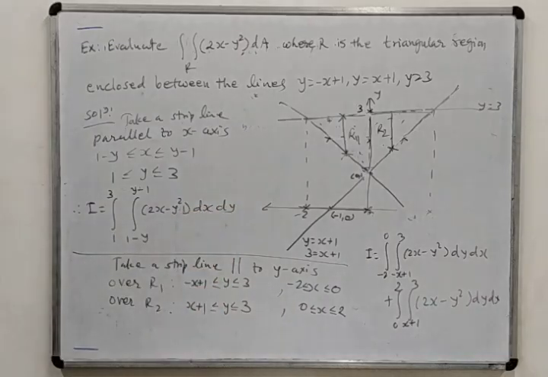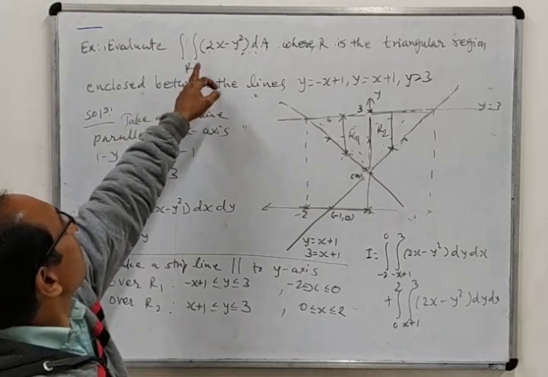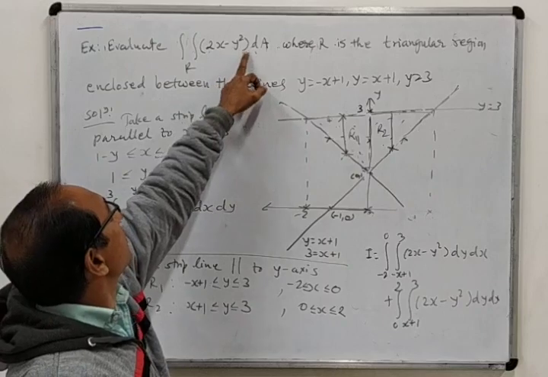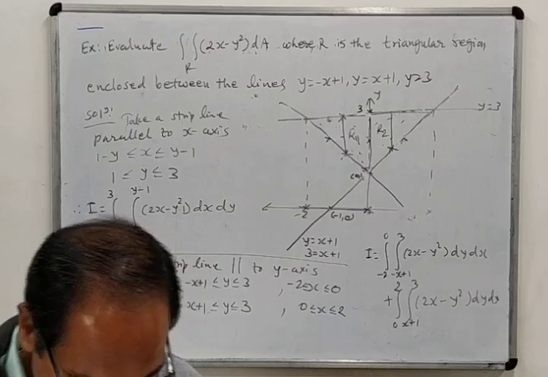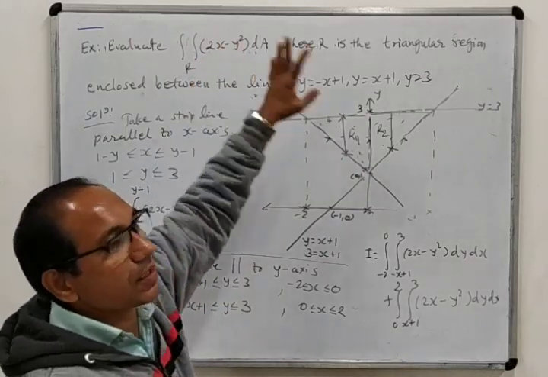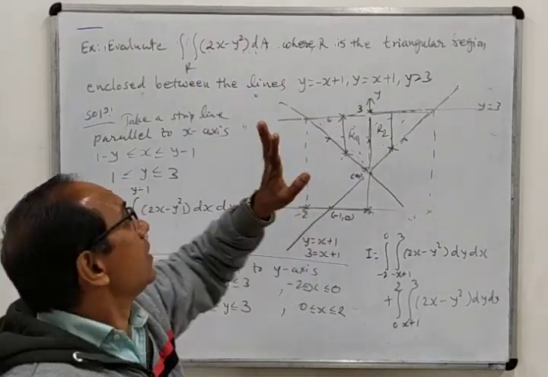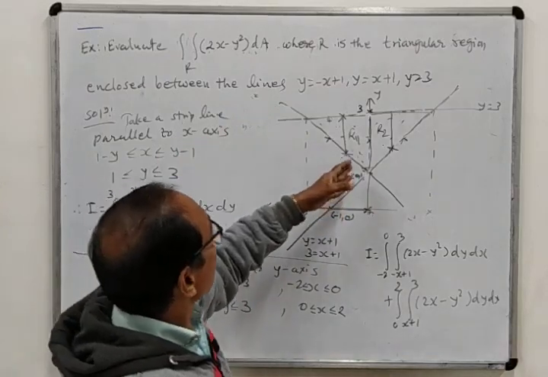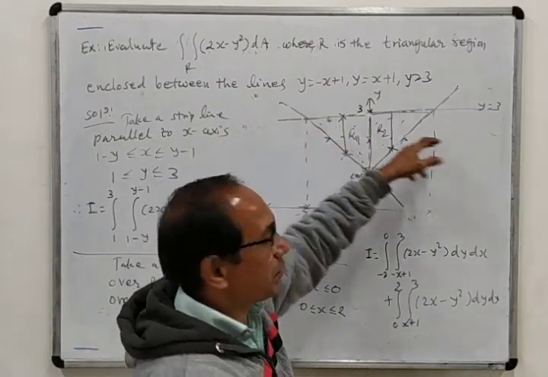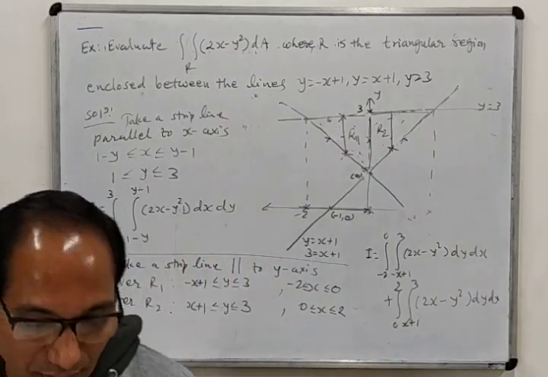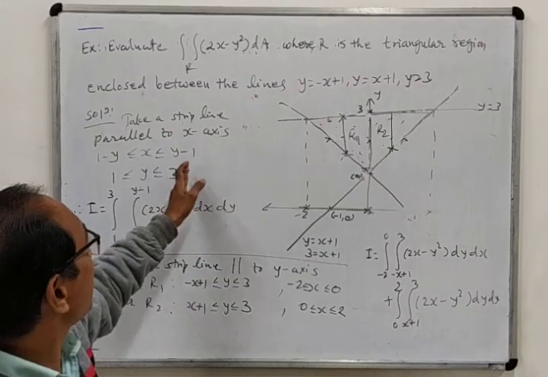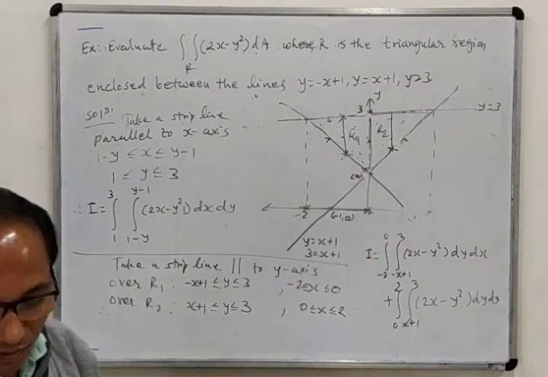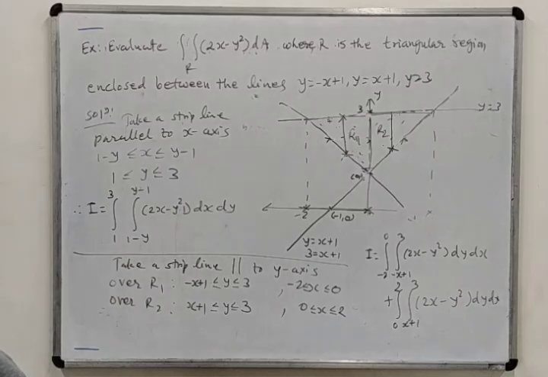So here you must keep in mind some points that first you can check your simple way by considering the function, whether it is easy to integrate with respect to x or y. Here we have determined that it can be integrated x or y, both are simple. Then the second way to simplify this is whether it is better to take strip line parallel to x-axis or parallel to y-axis. Here in this case we can see that it is better to take a strip line parallel to x-axis. Okay.